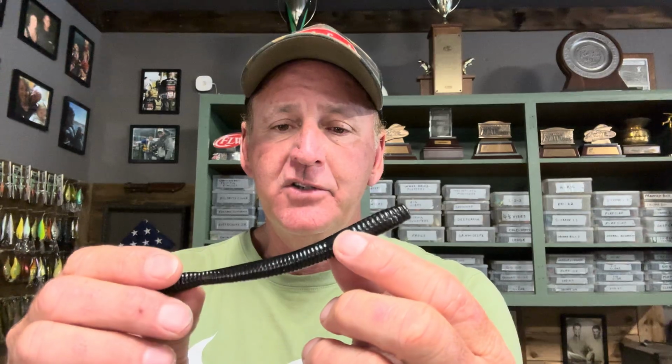The first one I want to talk about, guys, is this. These are all either Zoom finesse worms or Robo Worms, one of the two. The first one is this Magnum Finesse worm that Zoom makes. You can see this is a 4.5 inch long worm, but it's a larger profile. It's pretty fat. It's actually fatter than a traditional trick worm. Therefore, in a situation like this, it's what I consider one of the best finesse power fishing baits out there. So when I'm using this